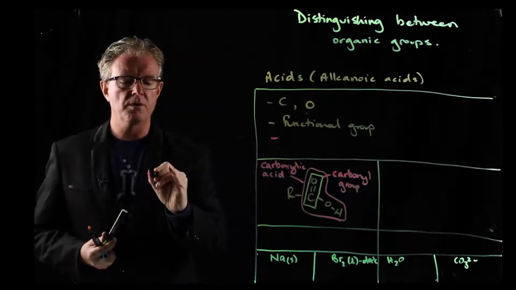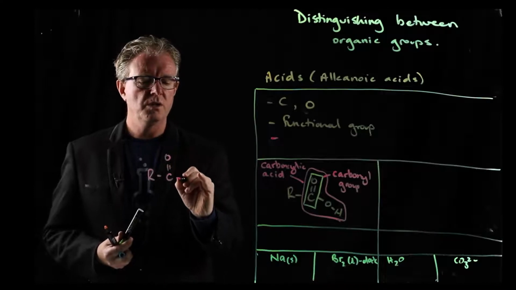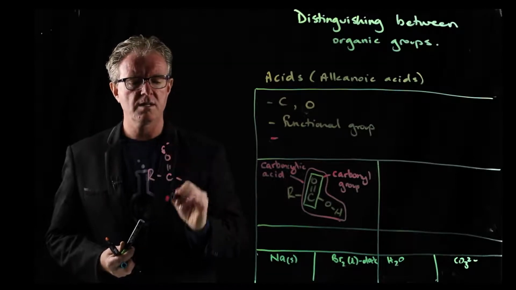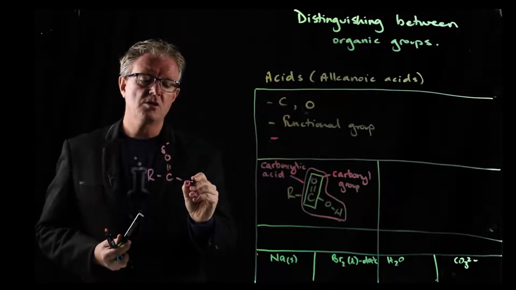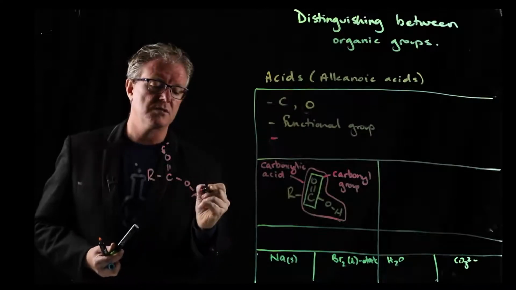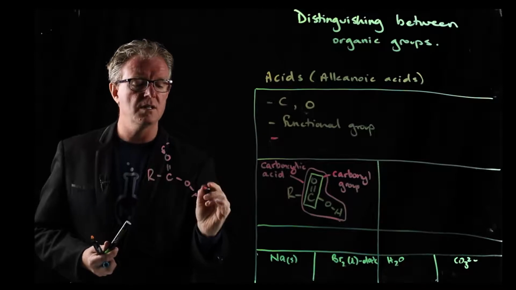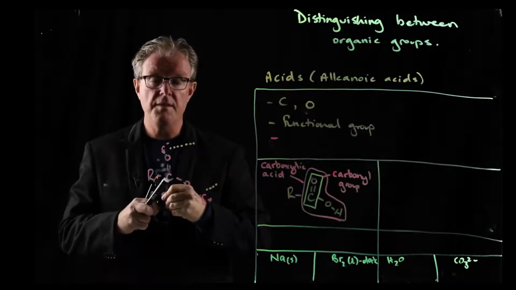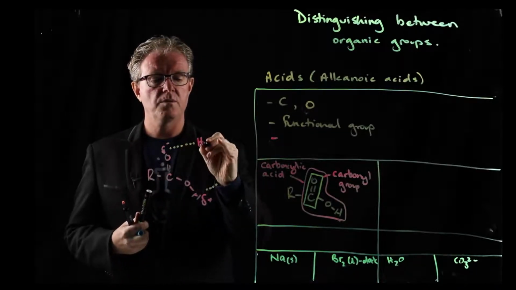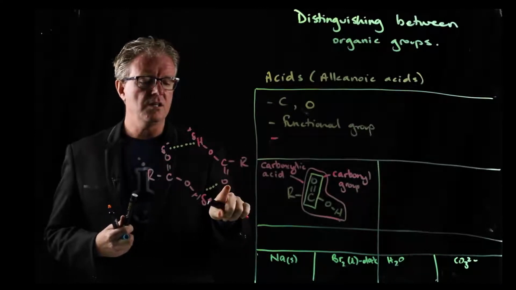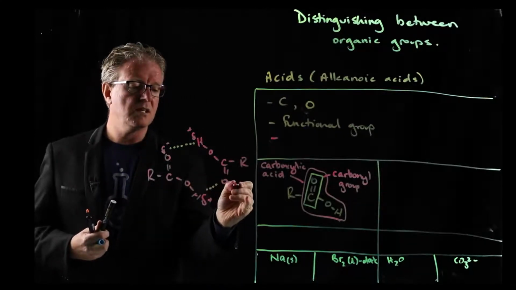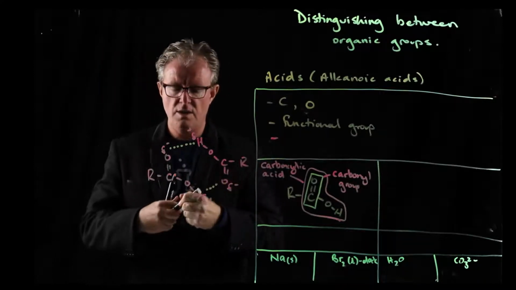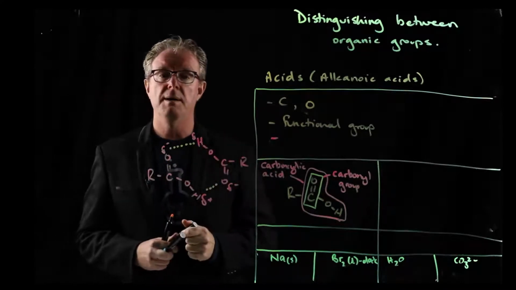Okay, and when we talk about bonding with carboxylic acid groups, we really want to be talking about how it can form dimers, right? So we have a delta minus up the top here and a delta positive. The oxygen's more electronegative than the hydrogen and the carbon, and so it's going to tend to keep more electrons towards it, which means this is going to be delta positive. And so that means that if we have another carboxylic acid group, then that there can bond with the delta positive hydrogen, and the oxygen, the carbonyl oxygen, which is delta negative, can form a hydrogen bond with the hydrogen there. And so this here is called a dimer formation,